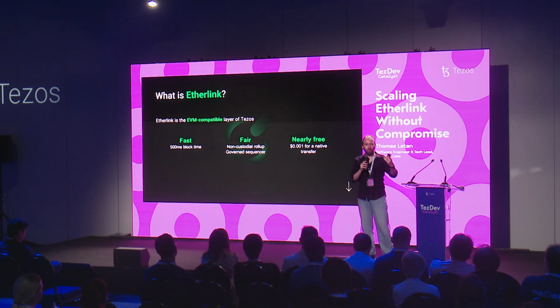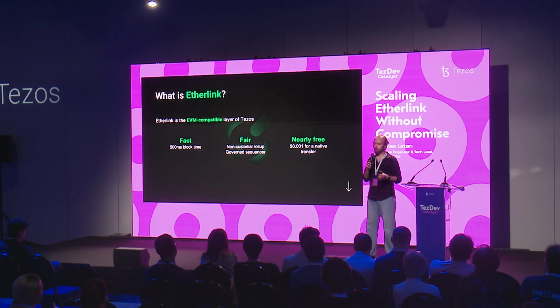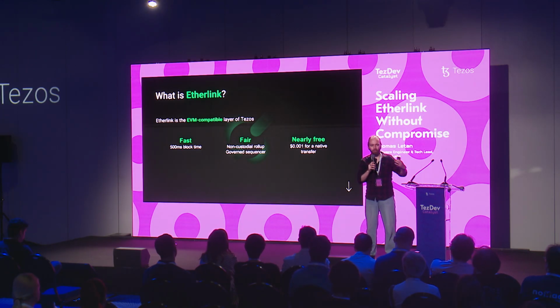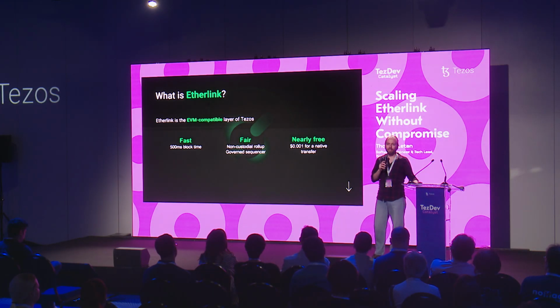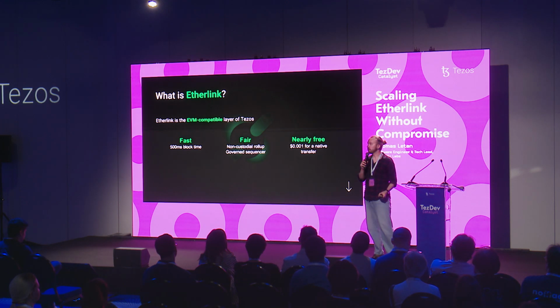Right now, a transfer of Tez on Etherlink is around a tenth of a cent, which is pretty competitive in the space. And this is necessary. If we want Etherlink to be a place where you can have a wide range of use cases, we need to take into account the use cases that require sending a lot of transactions. And if you have a transaction that you send once that costs 20 cents, it's okay. If you have thousands and thousands of transactions to send every day, which we have already some partners doing on Etherlink, this is prohibitive. So 1/10 of a cent for a transfer is where we are right now.